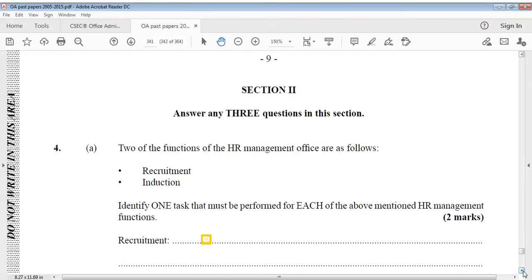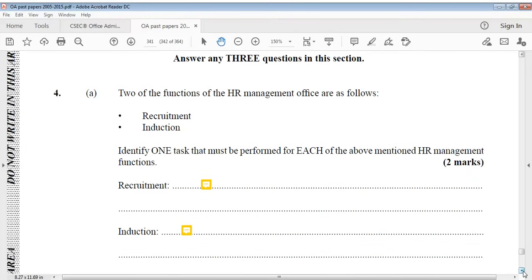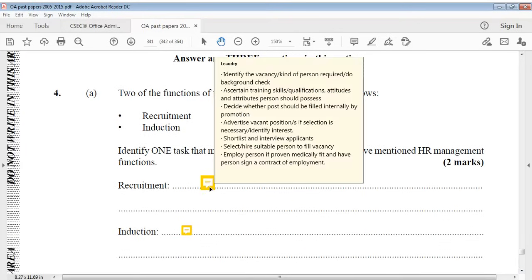Identify one task that must be performed for each of the above mentioned HR management functions. And you're going to get 2 marks for this. So let's look at